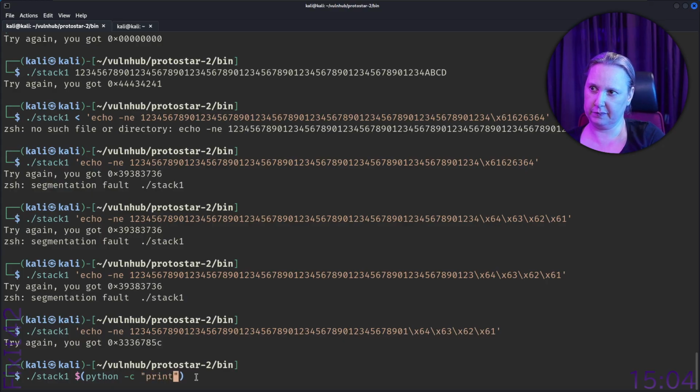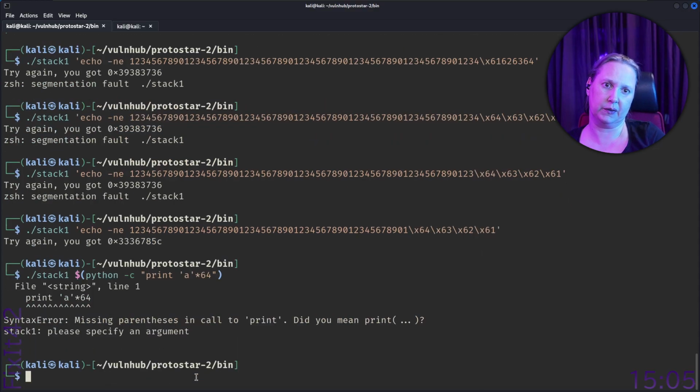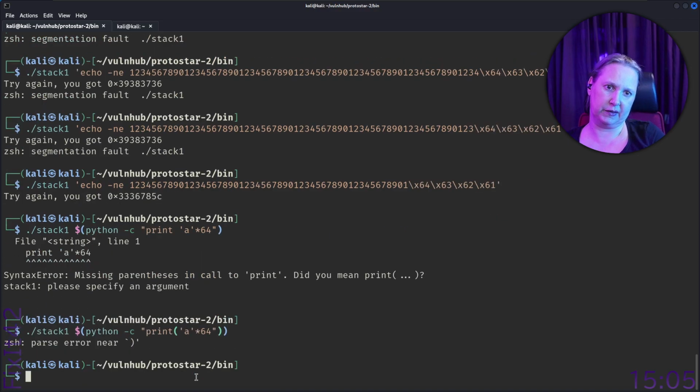And print A times 64. And this should be okay. Yeah, so my default is Python 3, so it won't accept that.